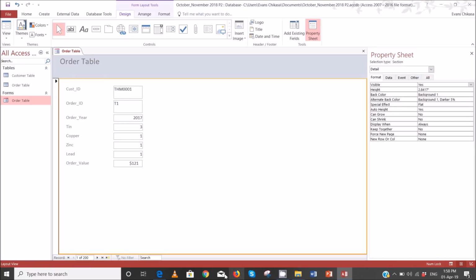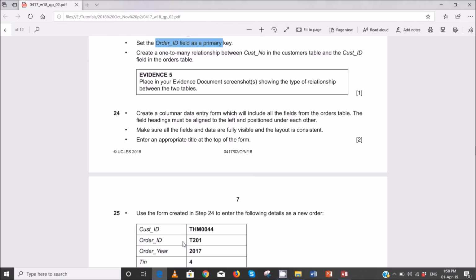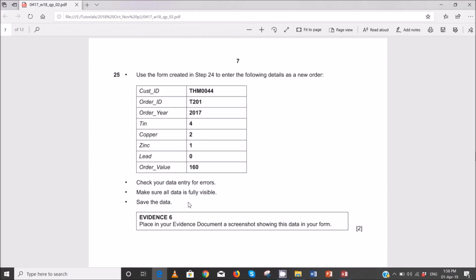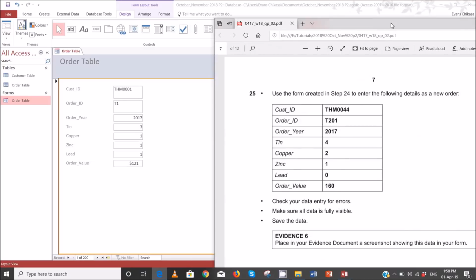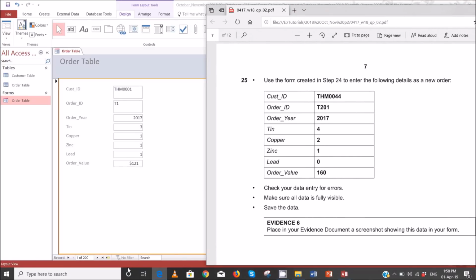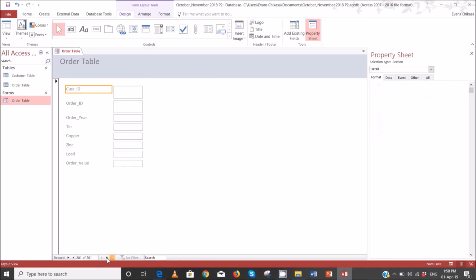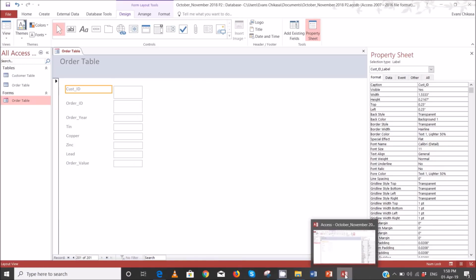So this is done, and the next thing that you're supposed to do is, we've entered the title. So here we use the form we created in the previous step to enter the following details, and these are the details that we want to enter. So I'm going to just do this. New record, and here you will enter